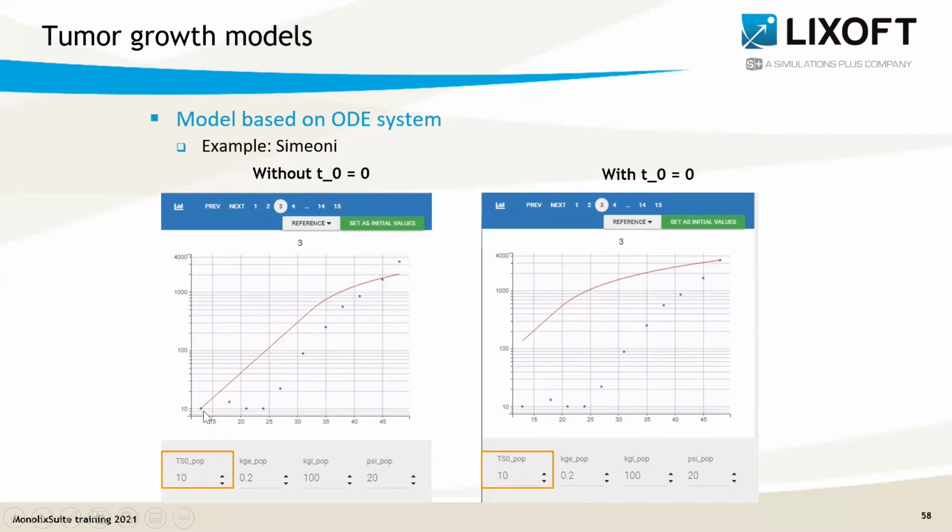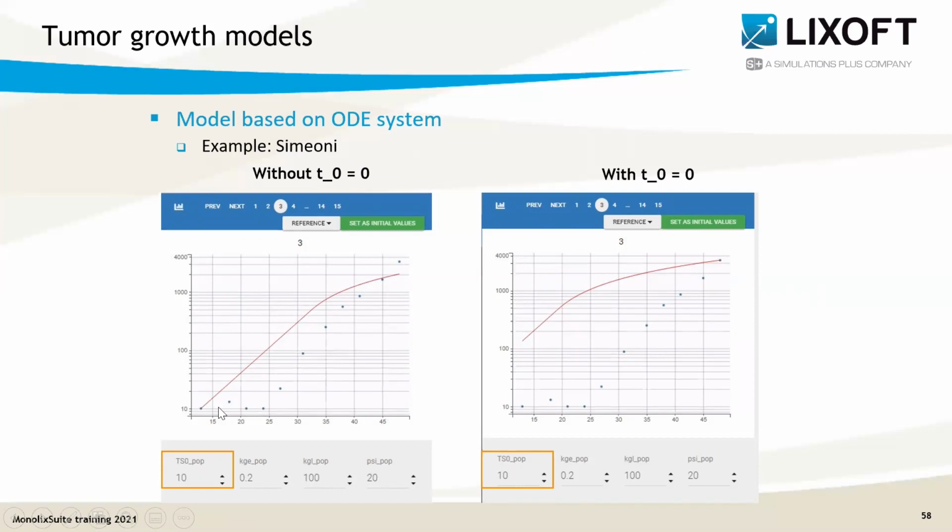And if I do not define T_0 in the model, then if this individual receives no dose before this observation, the initial integration time is then 13 here. So if TS0 is 10 for the initial tumor size, actually this TS0 is the tumor size at time 13, as we can see on the prediction here.